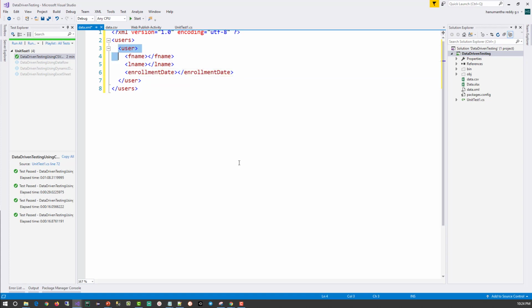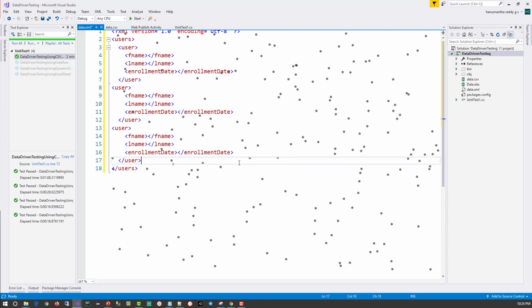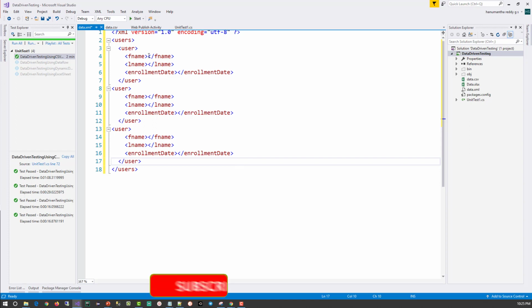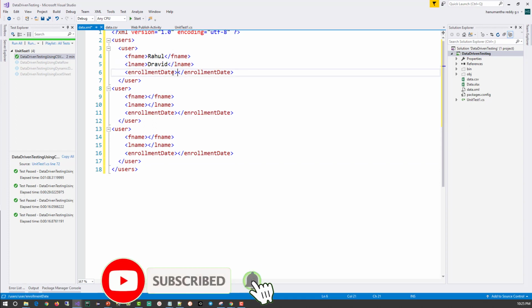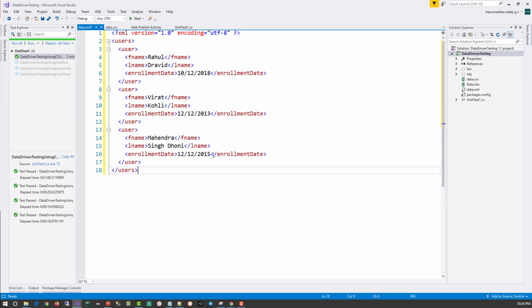Like this, I'll copy paste 2 times to make it 3 records, and let's fill the data here. After the alignment, the data looks like this. So now we have created the data.xml file.